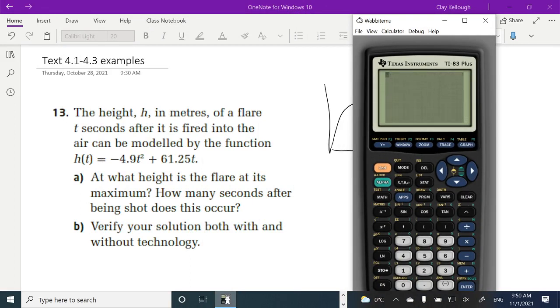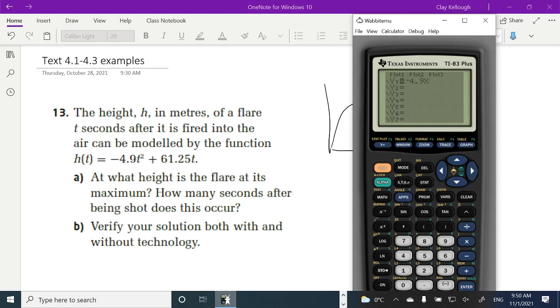Clear whatever we were doing. Are there any graphs already in here? Nope, good. You always click the y equals button to look for your graphs. Now we're going to enter this equation. There's a button here that says X,T,theta,n. It doesn't matter what the actual variable you use is. But please notice it is important that you recognize that a calculator needs to be told the difference between a subtract and a negative. So I'm going to use my negative button, negative 4.9